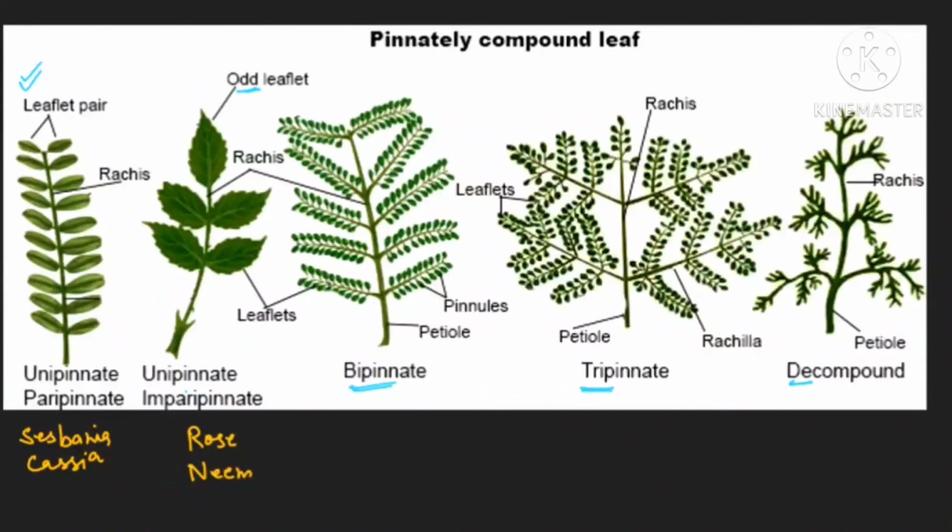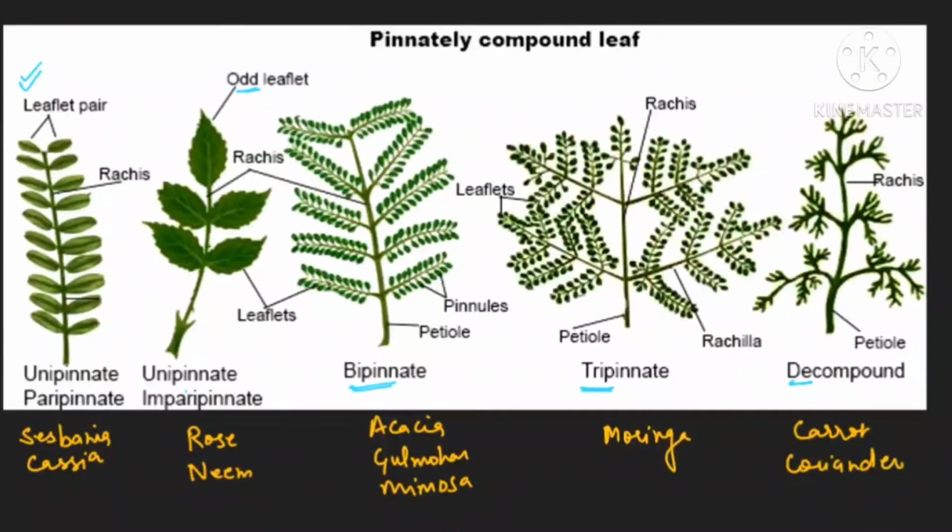Bipinnate will be seen in acacia, gulmohar, and mimosa. Tripinnate will be seen in moringa. And decompound will be seen in carrot and coriander.